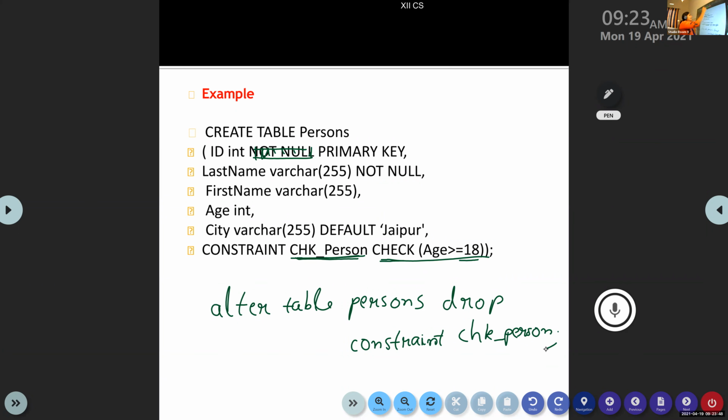Yes, ma'am. Okay. Now, can you tell me which are the different types of constraints? Unique, not null, default, check, and foreign key. I think you missed out primary key.